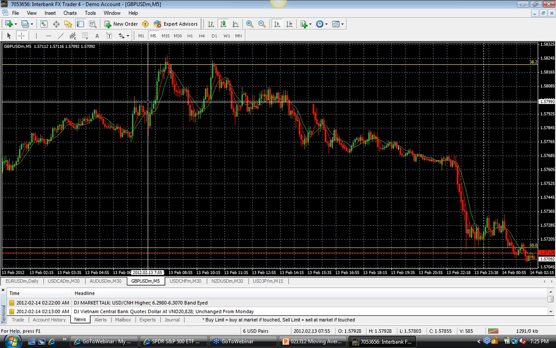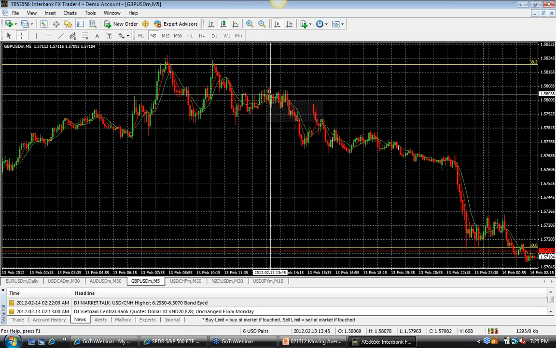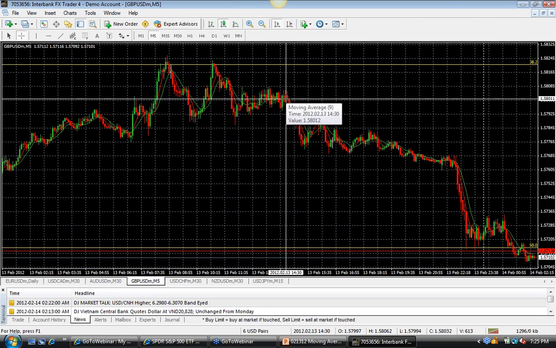So again, look at the markets kind of going sideways here. So you're getting a lot of these crosses. We kind of call this whipsaw. It's not meant to work here, but you don't know when it's going to start to trend, so you could start to use it. You just might be having a bias one way or the other.